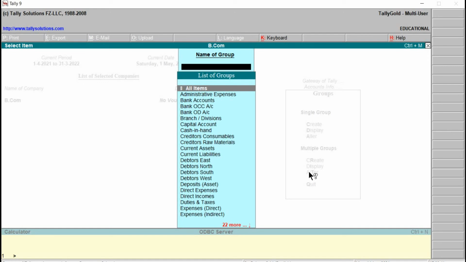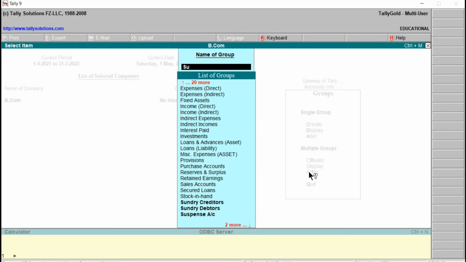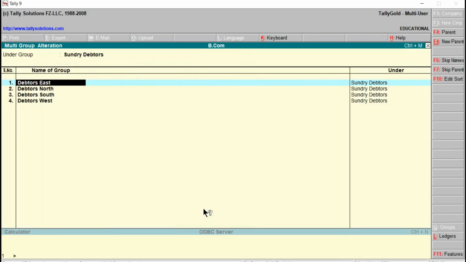Yes, okay, and here we will select sundry debtors. I have just typed the first 2 letters. And here we can see in the list only those things are in bold, correct? We can select sundry debtors, enter, right?